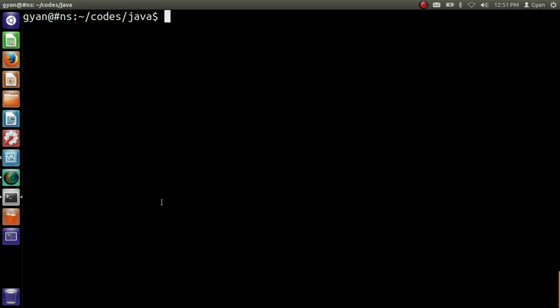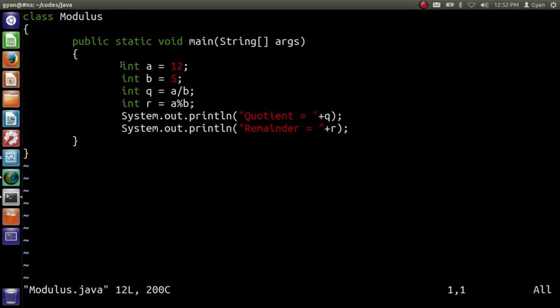Vi modulus.java. Here we have integer variable a which contains 12, we have integer variable b which contains 5. Then we have the integer variable q which contains quotient returned by the division operation a divided by b. Then we have the integer variable r which contains the result of the integer operation returned by the a modulus